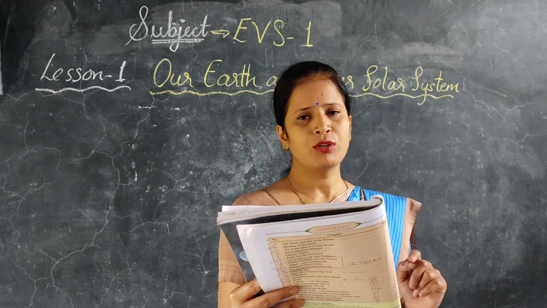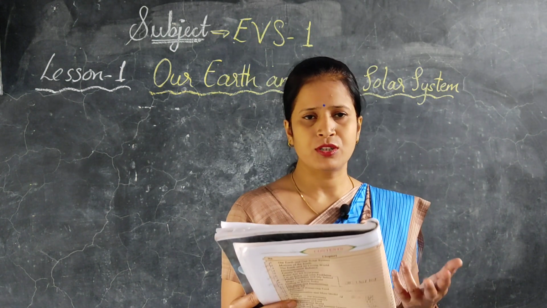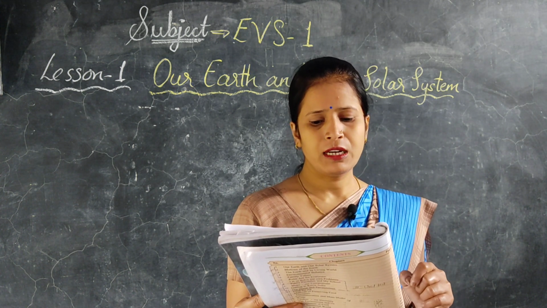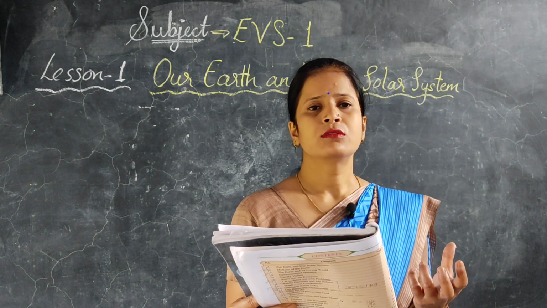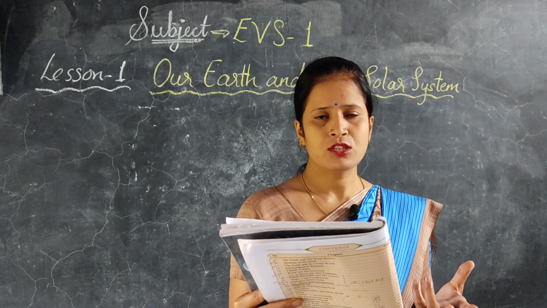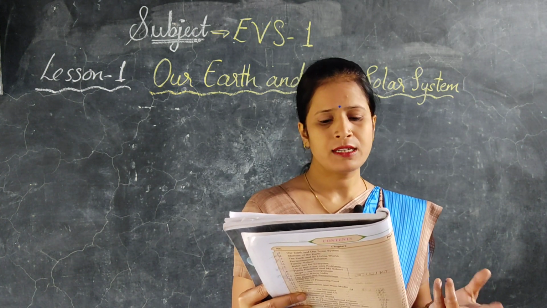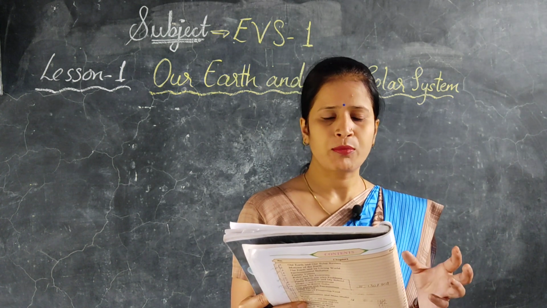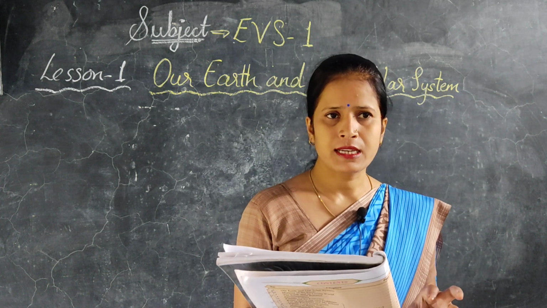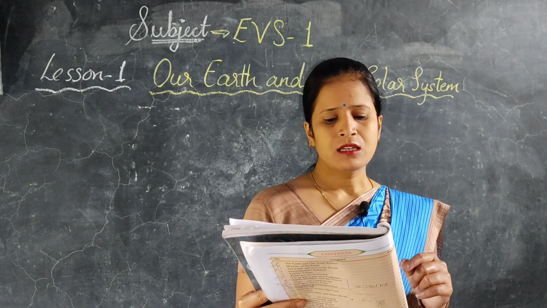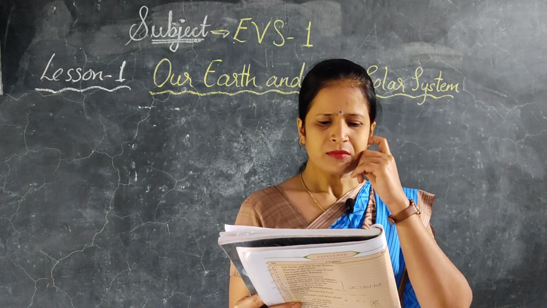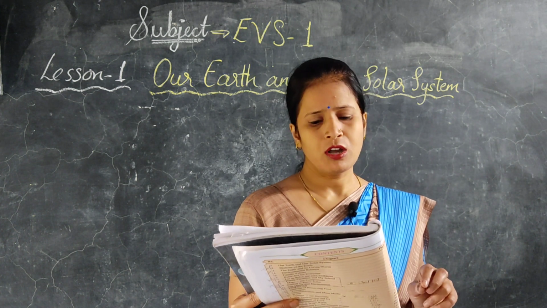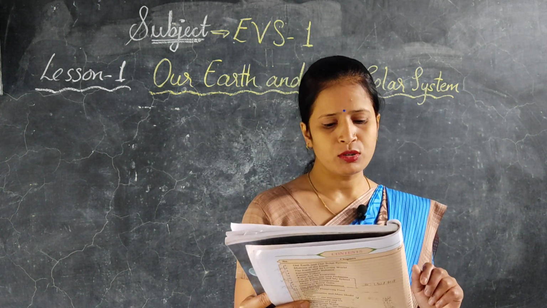Base your observation on the following points. See here, first point, the brightness of the heavenly bodies. How the brightness of the heavenly bodies is on the 2 nights. Second, whether they twinkle. Third, their color and size. And the last, changes in their position. So in this way you have to base your observation. Got it? On both nights, draw a picture of the illuminated portion of the moon and note how it changes